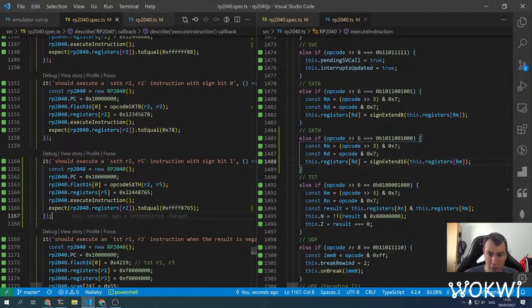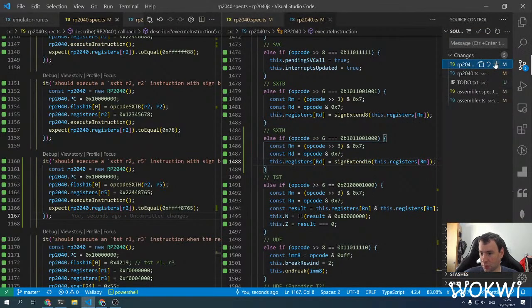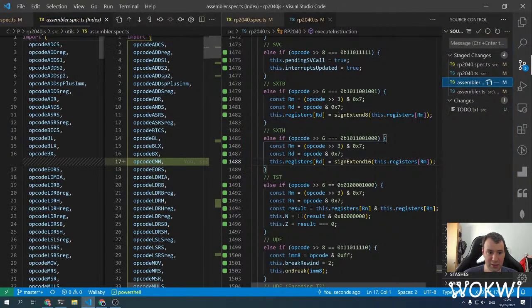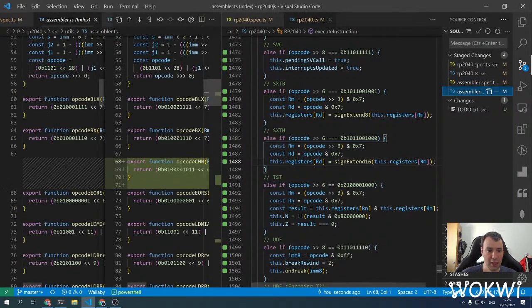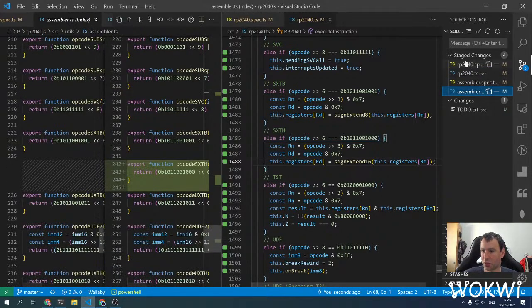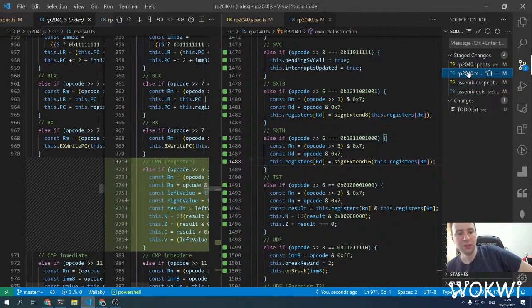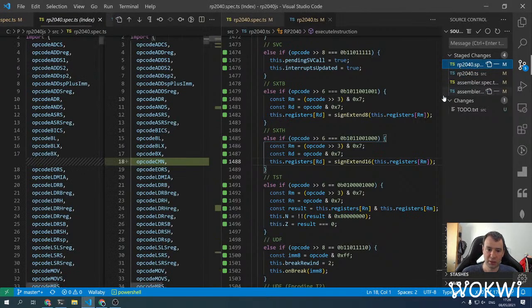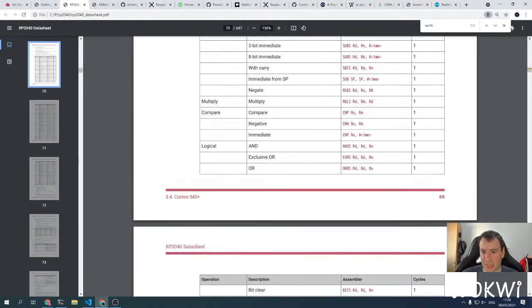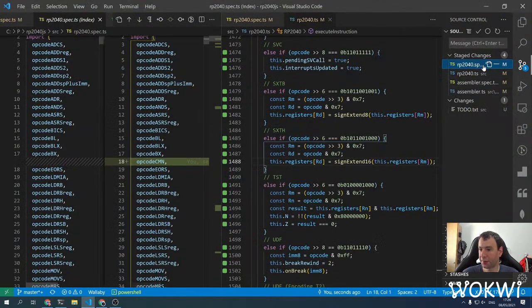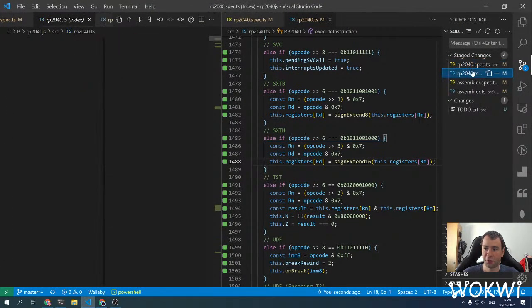All right, okay, so I think this is a great moment because we finally have the complete instruction set, unless I missed something in my review, and it's implemented finally. Complete instruction set of Cortex M0. I mean, we still miss some instructions, but that shouldn't be too bad. And now, once we have this table that we found before in the datasheet, we can also add cycle count to each instruction. That would be fun. We'll do it in a moment, but first of all,